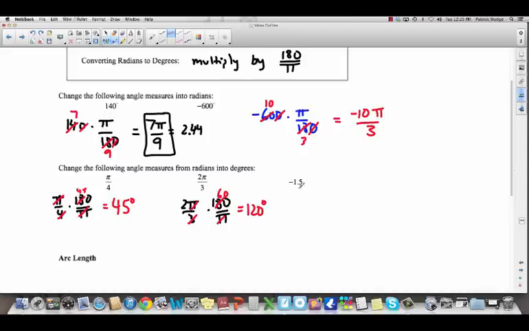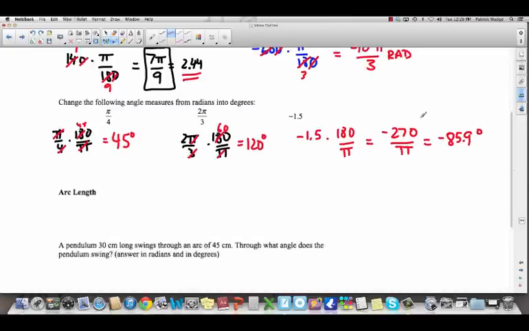Okay, this one looks a little different. It doesn't have a pi sign in it or anything. Remember I said that you could, if you want, switch the radians into decimals. If you do that and you get an answer like negative 1.5 and you want to go back, you still do the same thing. It's just now you will get a pi sign. They won't all cancel. So you multiply by 180 over pi. Obviously you can't cancel out that pi. So if you were to pick up your calculator and multiply, you're going to get negative 270 over pi. That's fine. Or you could take your calculator and divide 270 by pi, and you'll get something like negative 85.9